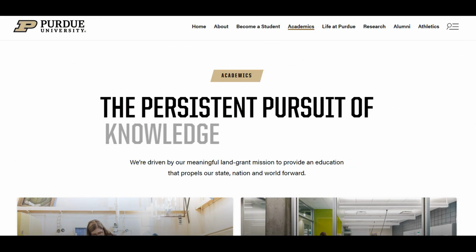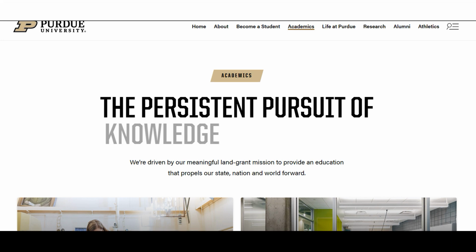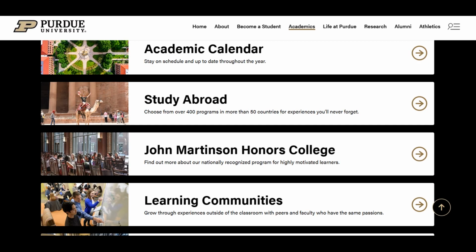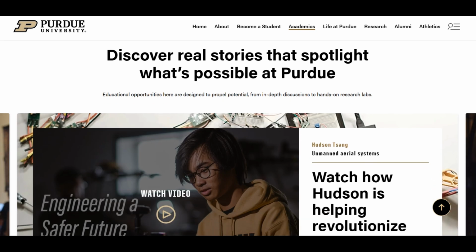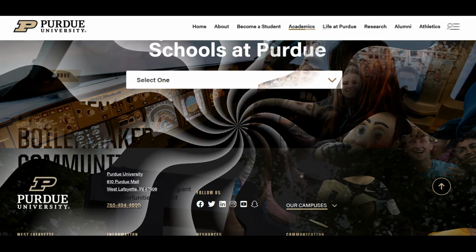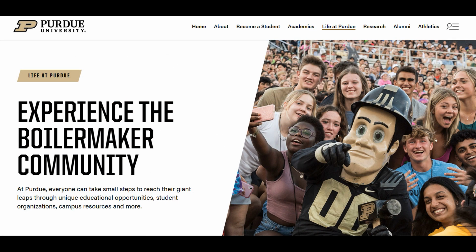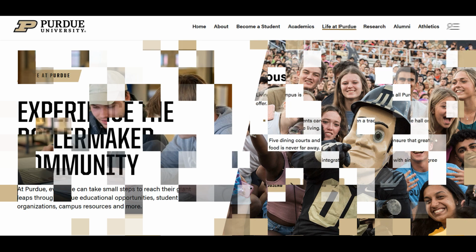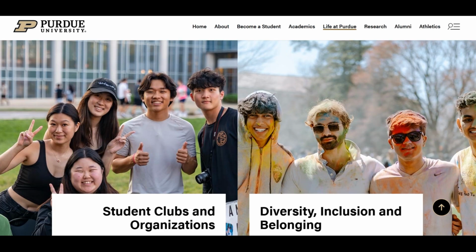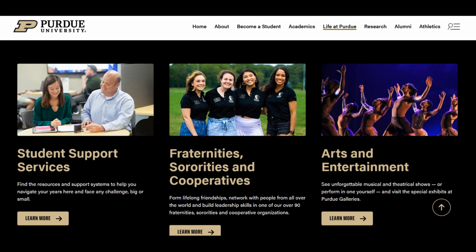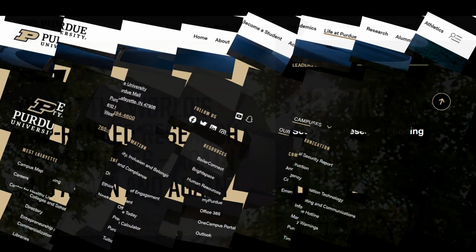Troubleshooting tips for accessing the Purdue University account. If you forget your password, there should be a Forgot Password option. Click on it and follow the instructions to reset your login details. In case you encounter any technical issues during the login process, it's advisable to reach out to Purdue University's IT